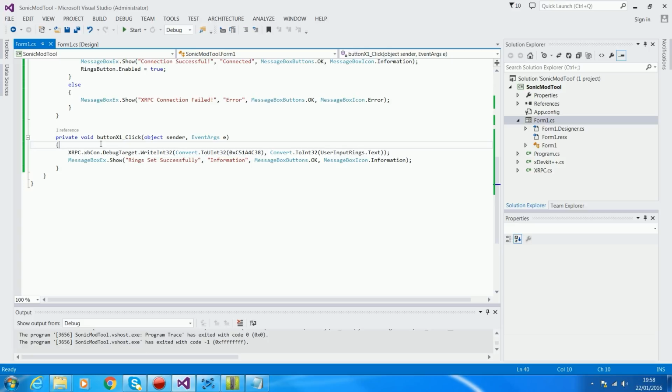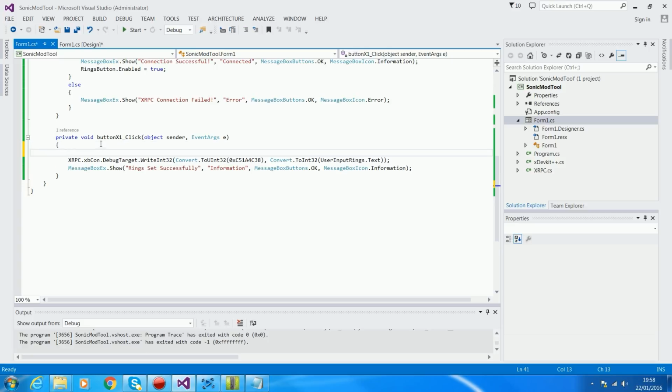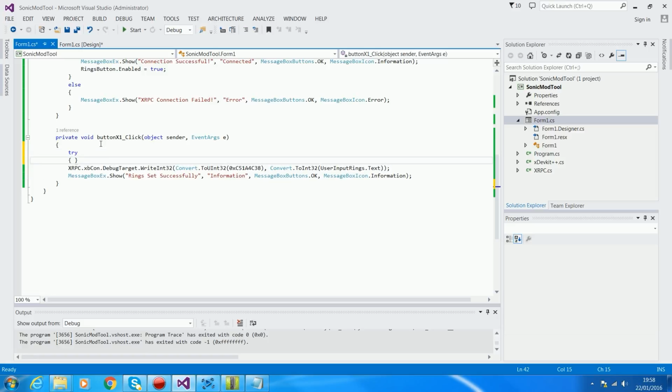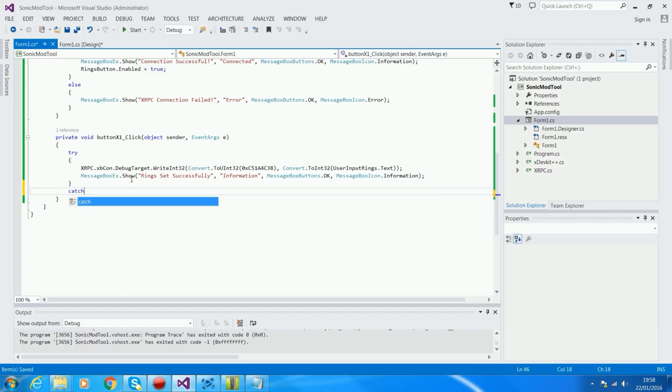We could make it so that you have to enter a value and it won't accept any text. But a quick way to do it is to say try this. Rather than do this, we're telling it to try. So we say try this right here, and then if it fails to do that, we can catch the exception. We can say catch exception CE,